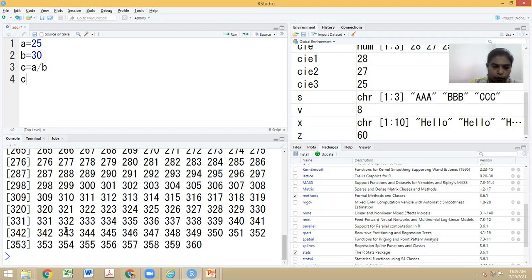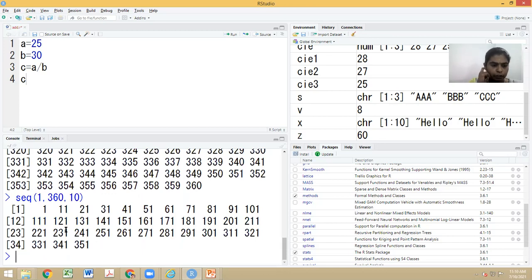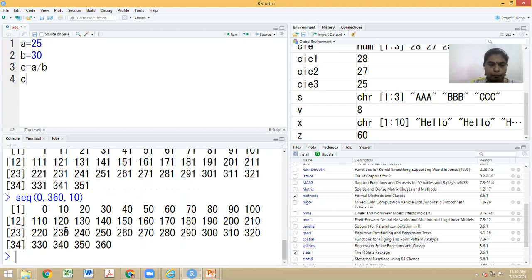But I don't want all 360 values. So now I'm going to use the function seq, giving 1, 360, 10. The values get incremented by 10. You don't want 1, 11 and so on, so maybe you keep it this way, starting from 0. So you get 0 to 360 values, which are incremented by 10.